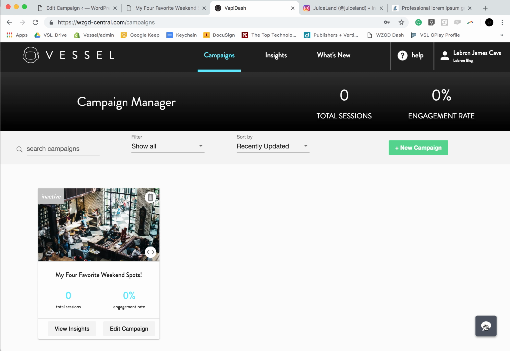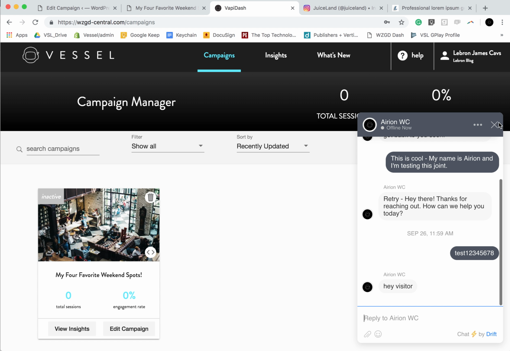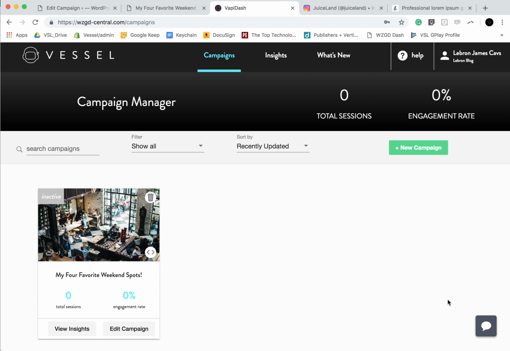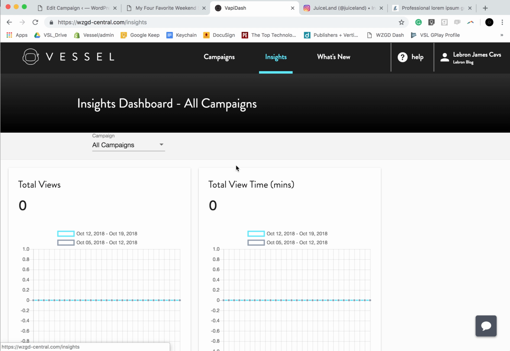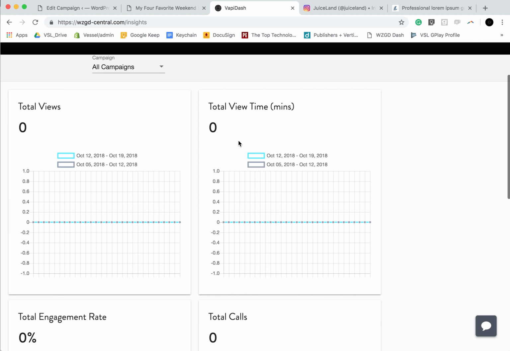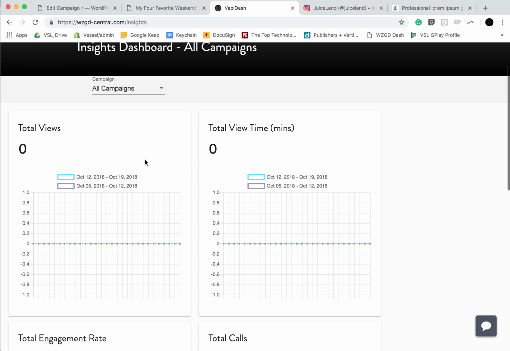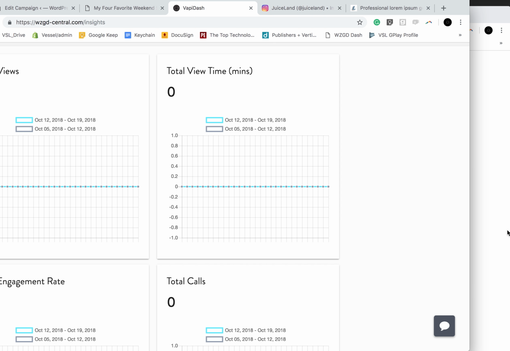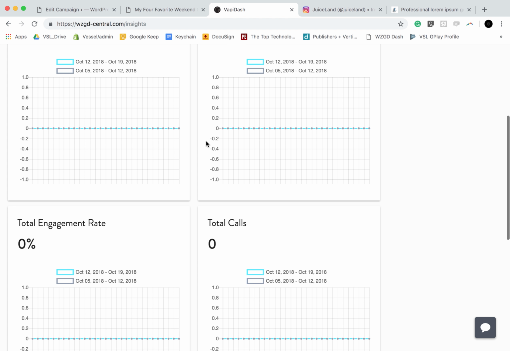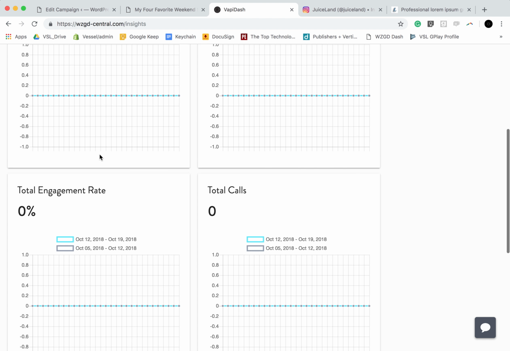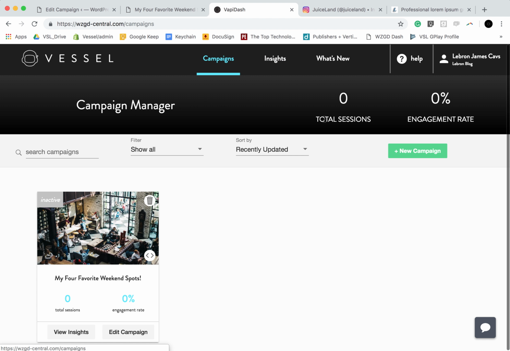We want to hear from you guys, so feel free to come in and drop us a line on the help chat. And the really cool thing about this is that once you publish a campaign, you'll be able to see, let's refresh our, you'll be able to see how it's performing in real time, depending on how many people are on your site. You'll be able to see views, the view time. Let me slide this over. Oh, whoops! Bring that back into view. But how many people call, your action clicks,